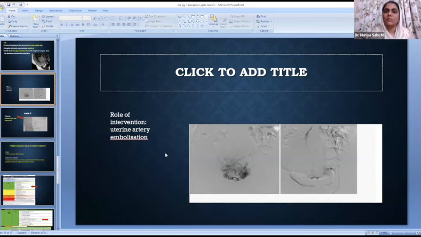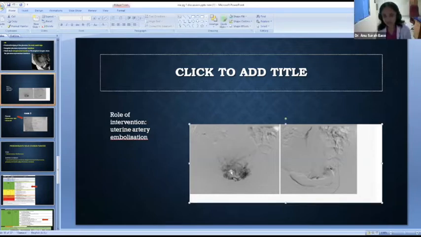Then in case of any bleeding which is becoming life threatening, intravascular embolization can even be tried. Yes. So these are representative images. It's not our case, and here is how it works when embolization is done for abnormal uterine perfusion. Here before embolization and after embolization. So we'll move on to the next case.